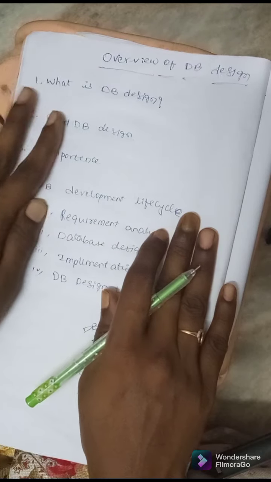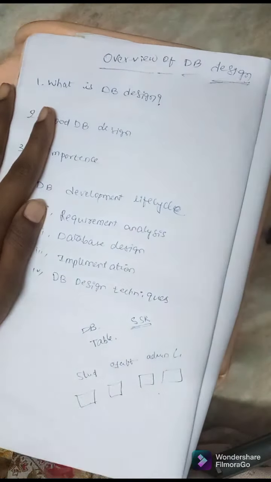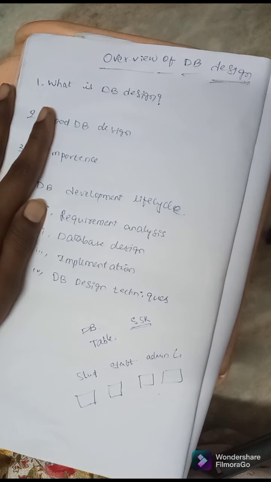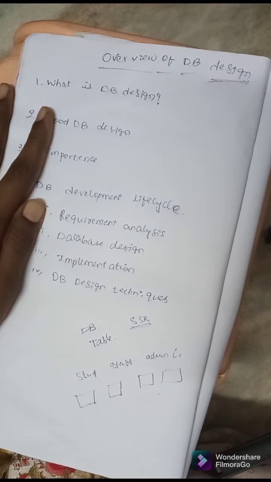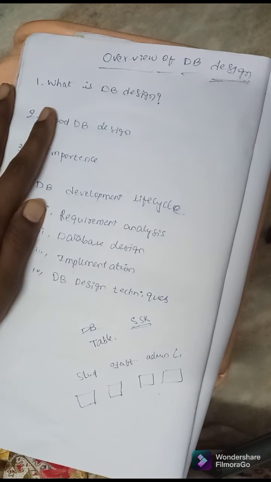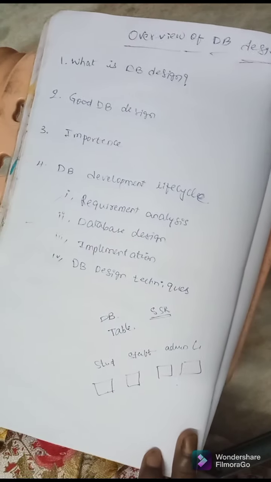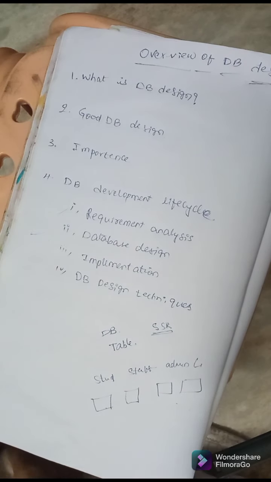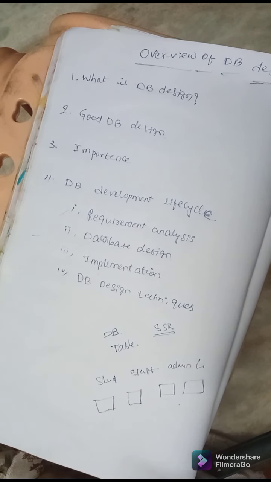So what is our topic? Our topic is database design. That means whenever you are creating a database, first you have to make a design. Similarly, for example, consider if you are constructing a house. If you are constructing a house, what will happen? First you have to go to an architect. Yes or no? If you are going to an architect, then only he gives a plan to you to build your house. Yes or no?